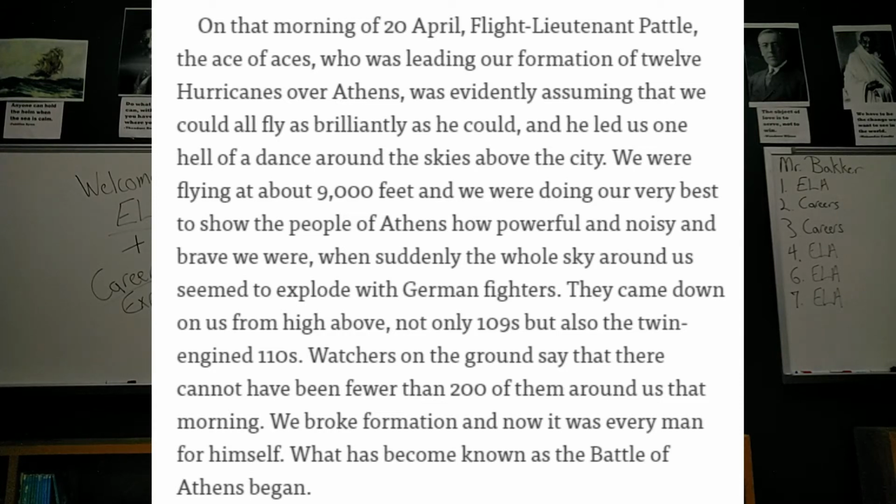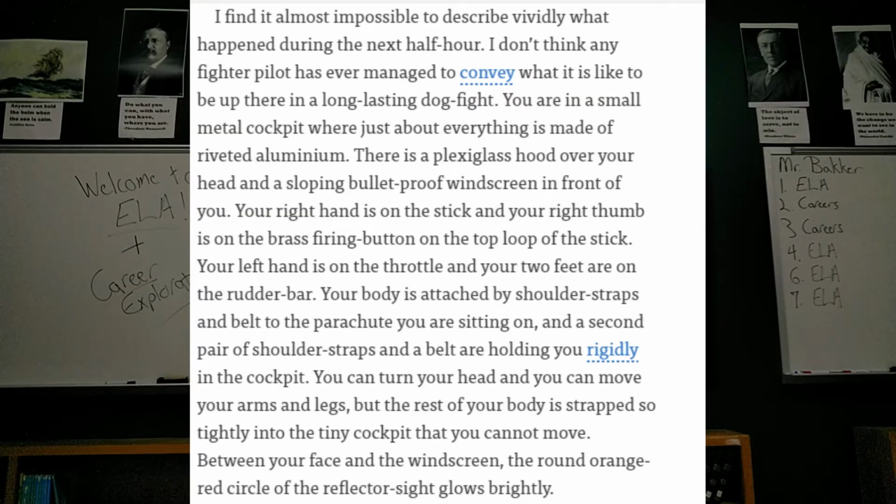We broke formation, and now it was every man for himself. What has become known as the Battle of Athens began. I find it almost impossible to describe vividly what happened during the next half hour. I don't think any fighter pilot has ever managed to convey what it is like to be up there in